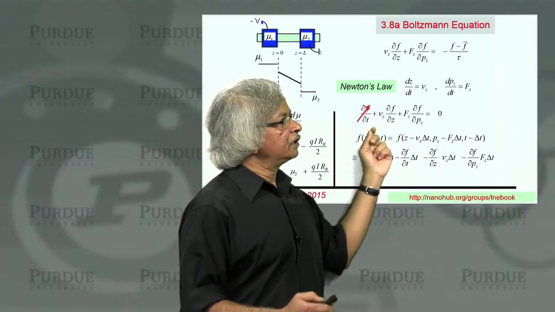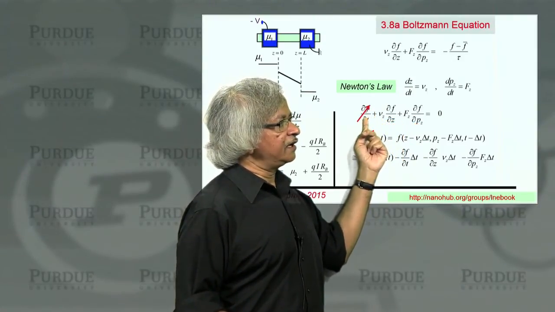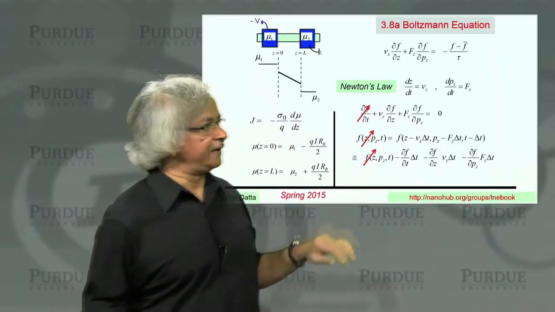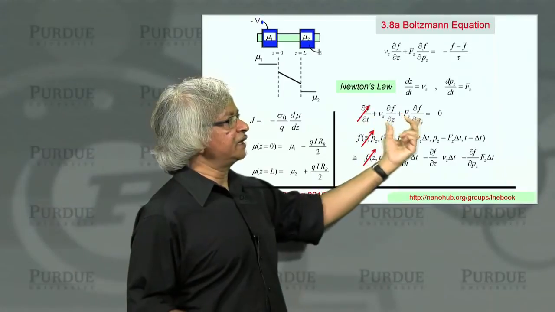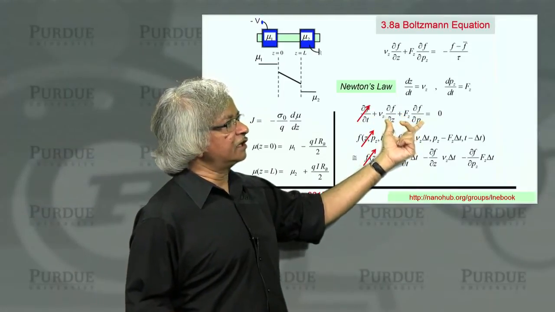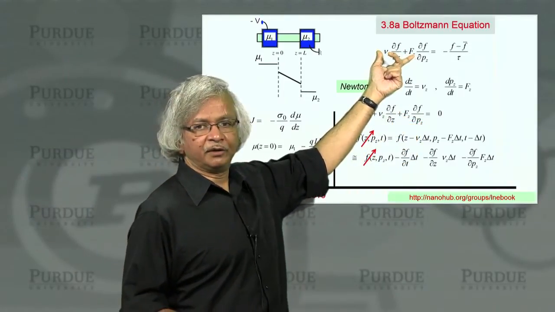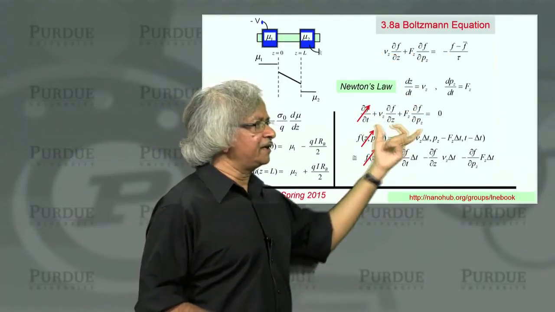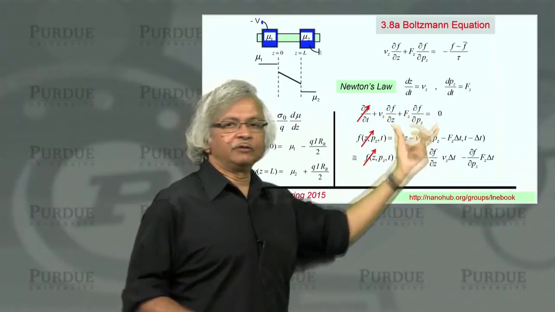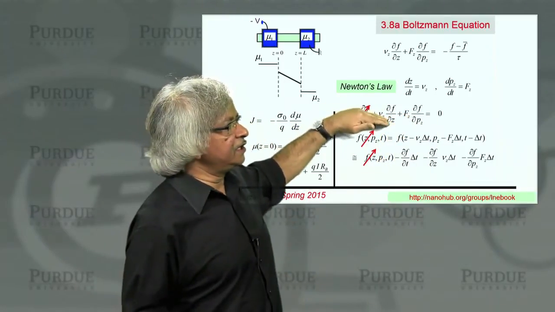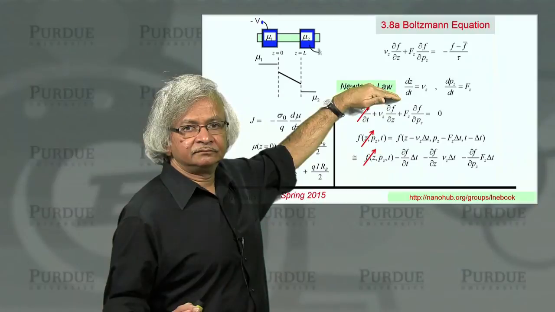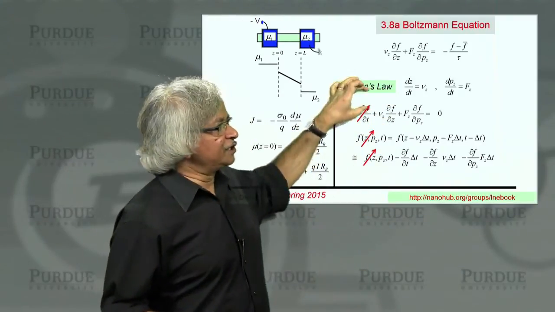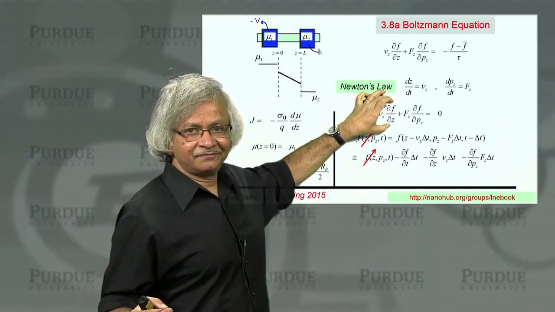And if you go to steady state, assuming everything's at steady state and nothing evolves with time, then you can drop that, so you'd get this equation. Now notice we have got the left-hand side of the Boltzmann equation that I was trying to obtain. What about the right-hand side? Well, if you put it equal to 0, then what we have here is really equivalent to Newton's law. So it is just a reformulation of Newton's law using these collective variables.